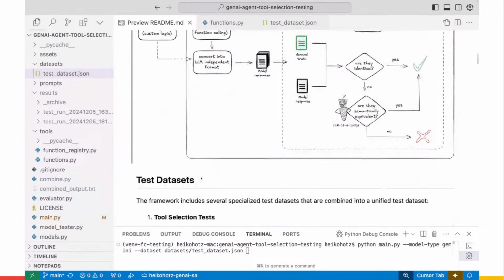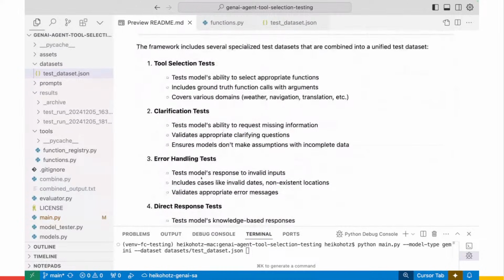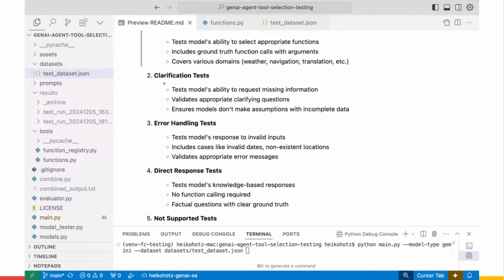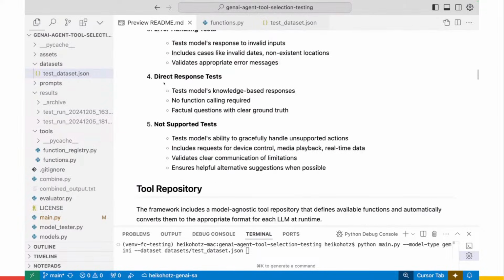The test data set consists of several different sample queries. One is for straight-up tool selection tests, where we give the model a list of tools and a query, and we want it to select the right tool. But we also have some other queries in this data set, some that might require clarification because some information is missing. Error handling tests, direct response tests.